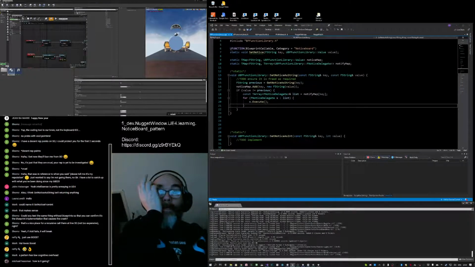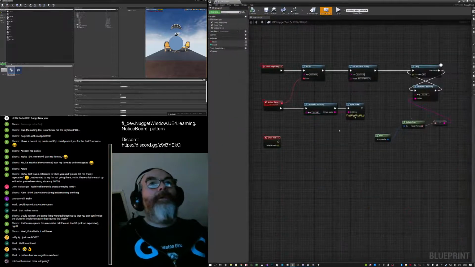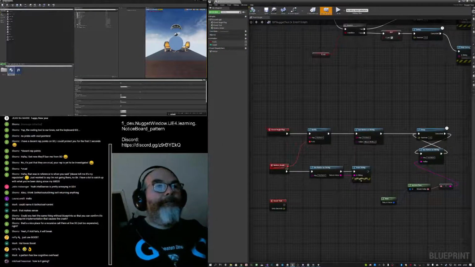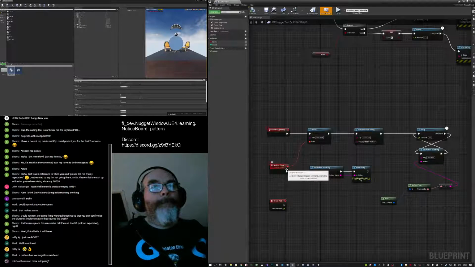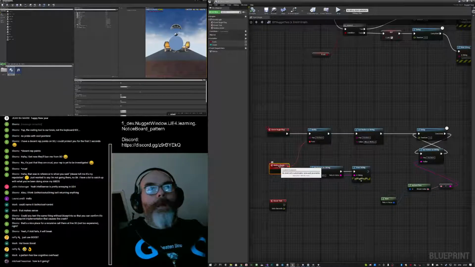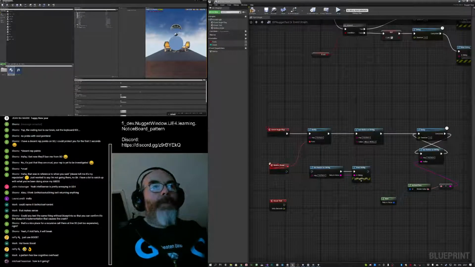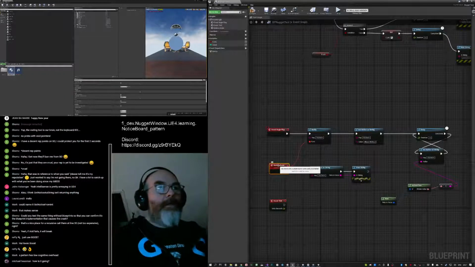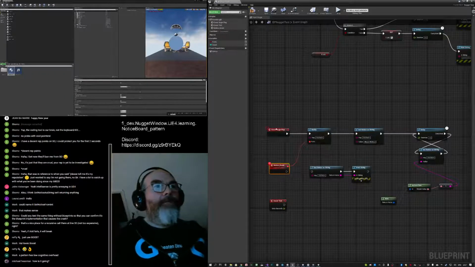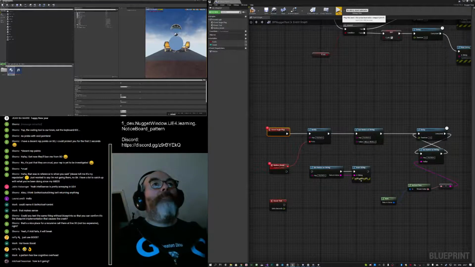Right, so now we get the grotty work. I break that link, set a breakpoint and a breakpoint here, save the graph and play.